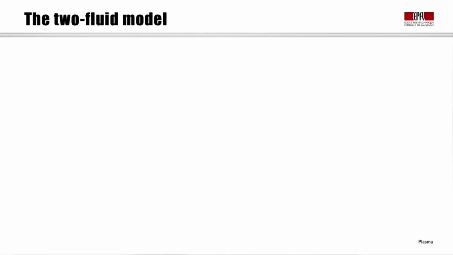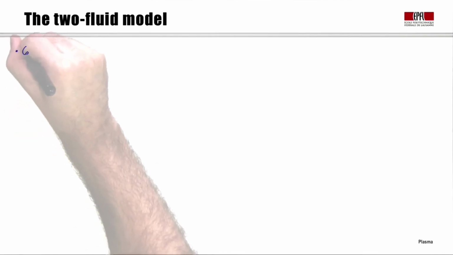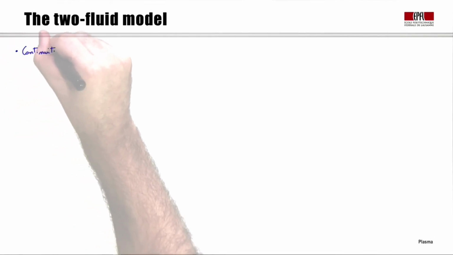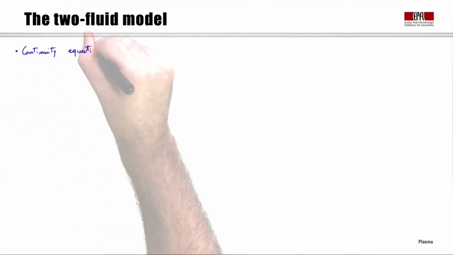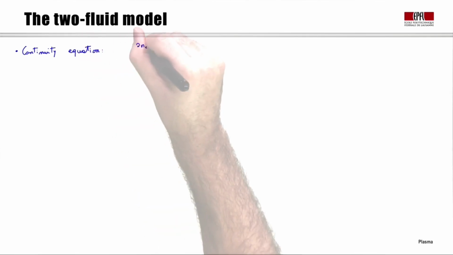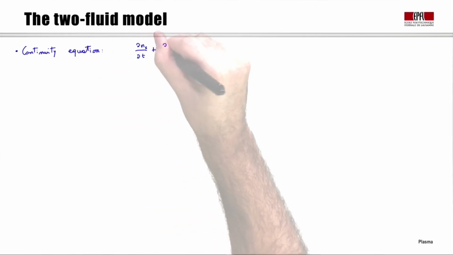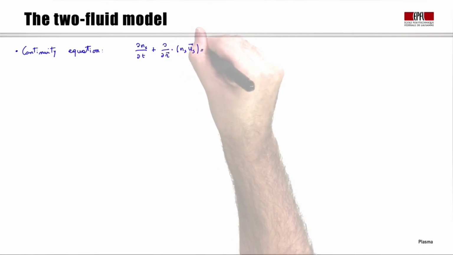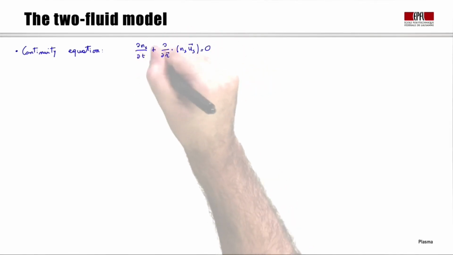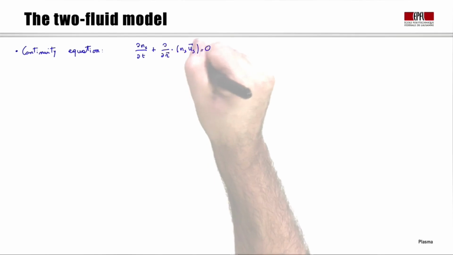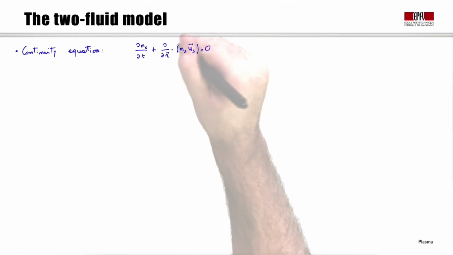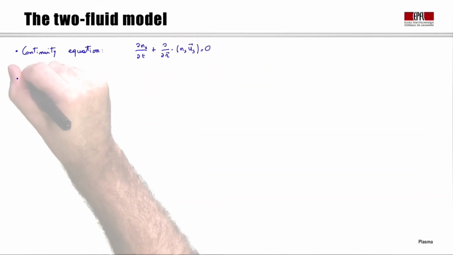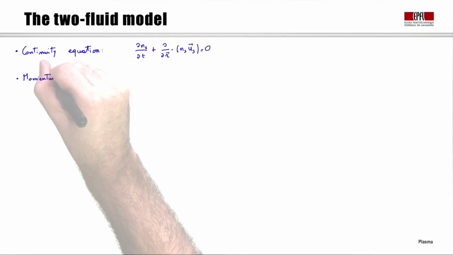So let's briefly recall the main elements of the two-fluid model. Within the two-fluid model, the dynamics of each fluid is given by a continuity equation. That is, the time derivative of the particle density is due to the particle flux. A momentum equation,